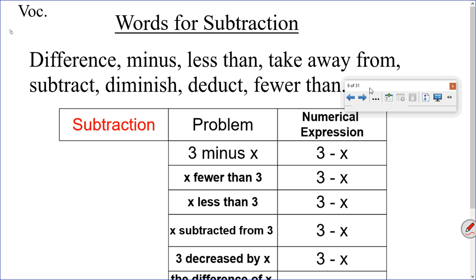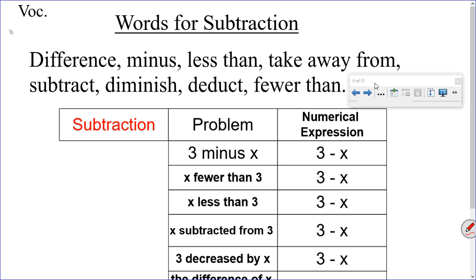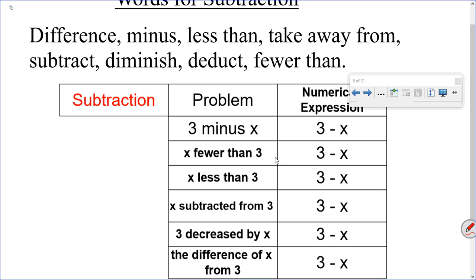Here are some words for subtraction. Difference, minus, less than, take away from, subtract, diminish, deduct, fewer than. So those are words for subtraction. Here are some problems that you'll probably see